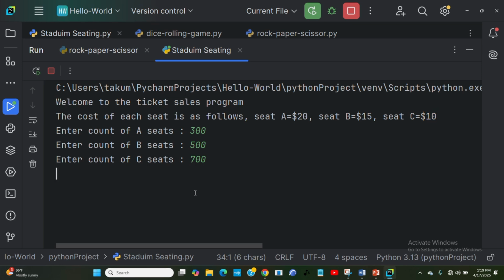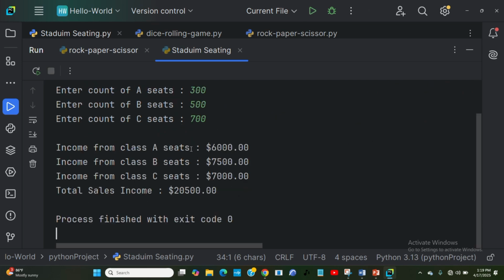You see, now I press enter, it says income from class A seat is $6,000, and the income from the class B seat is $7,500, and the income we generated from class C seat is $7,000, and the total sales we got that day from the stadium is $20,500. So meaning that we made $20,500 from the sale of the seats A, B, and C from that particular concert or the particular program that was taking place there, whatever it was that was happening inside the football match or whatever was taking place